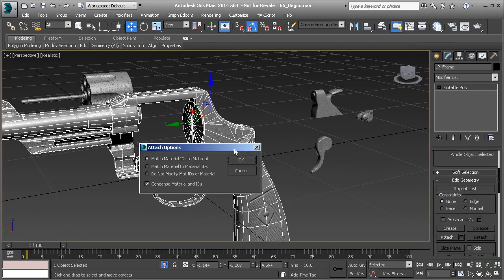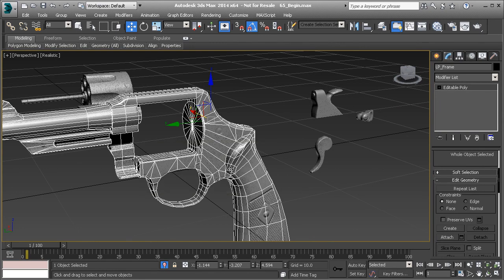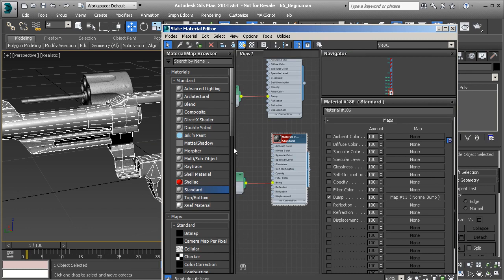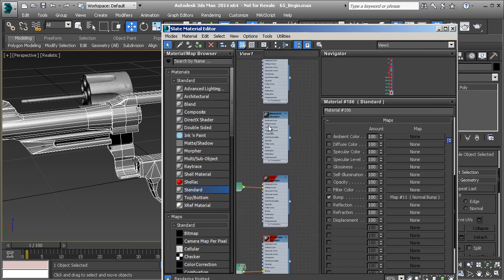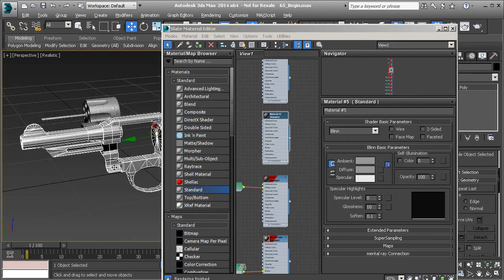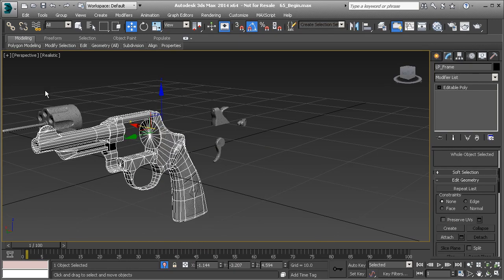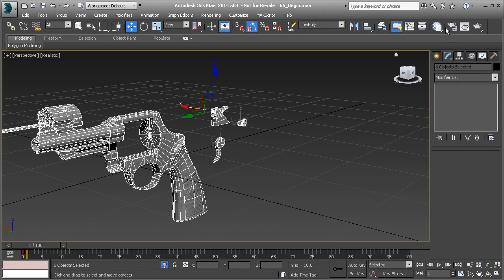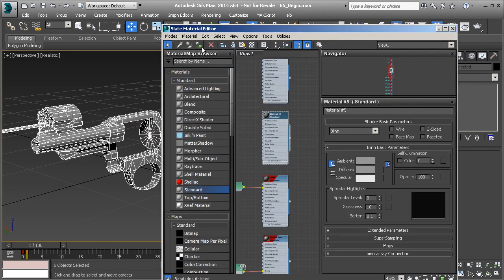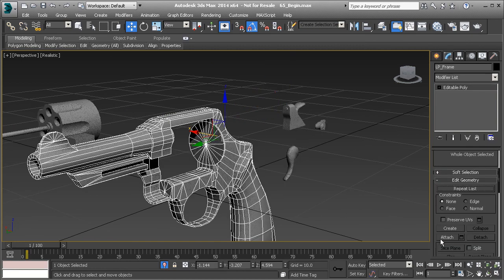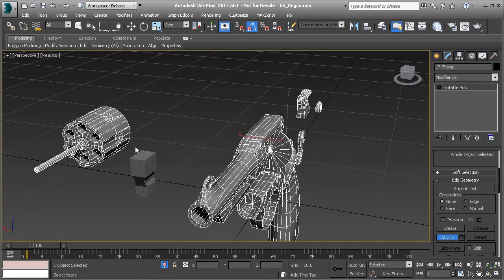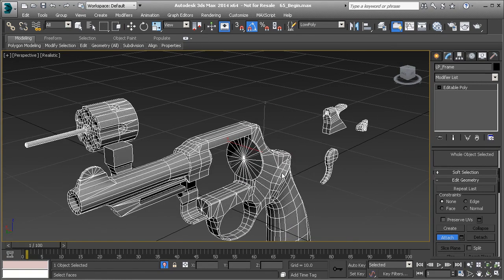Now it's going to ask if we want to match our materials and things like that. I'm going to actually hit Cancel really quickly. Let's take a single material and apply it to that again. So I'm going to use just this regular standard material, and let's assign that to the selection. That way we don't have any of those warnings coming up. Select the frame and let's just start attaching these objects together. And what this does is it brings them together